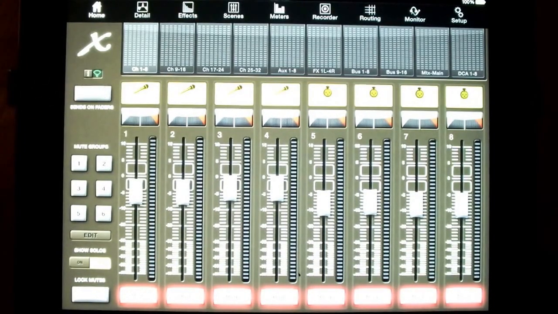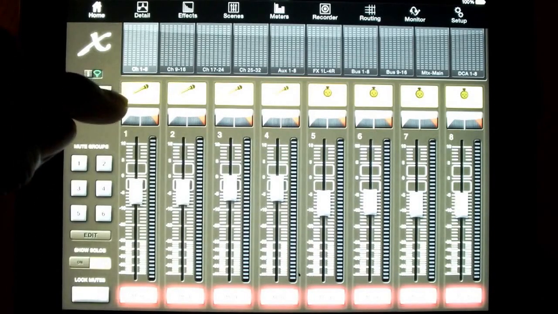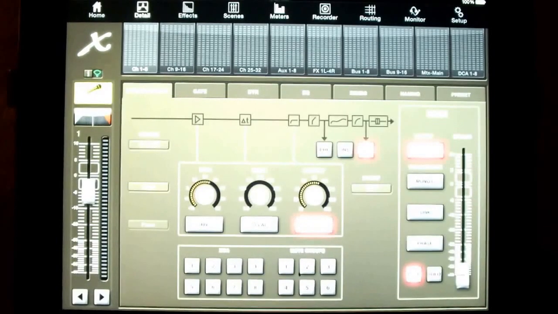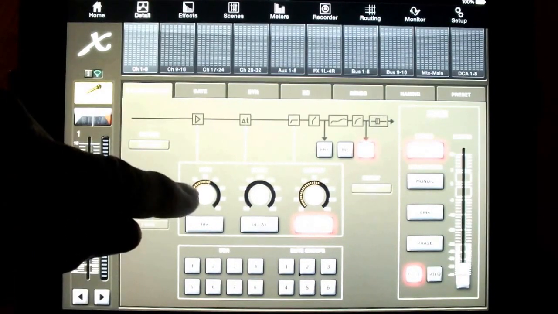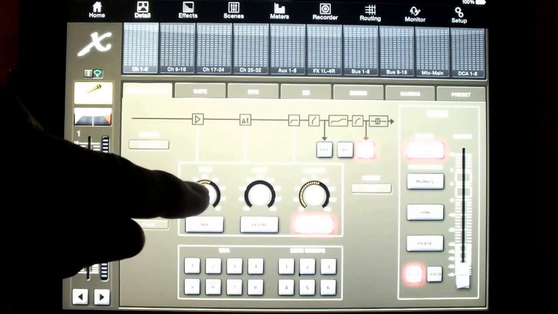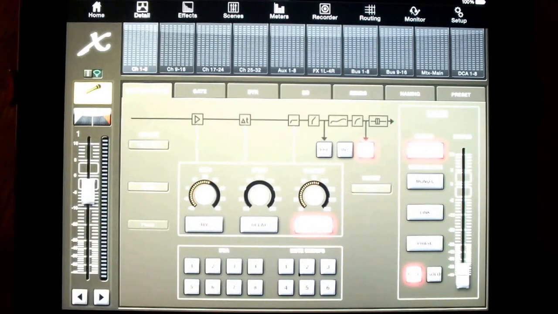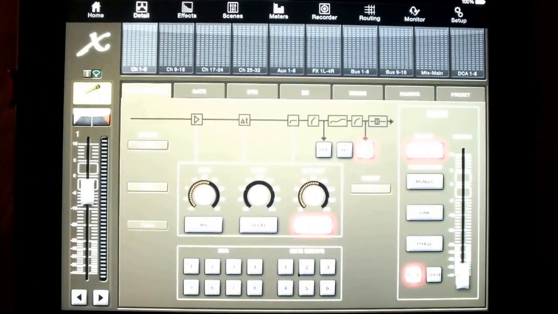Now to adjust the EQing or anything of each particular channel, you just click on the yellow part right there, and this shows up, and that's your preamp. Much like a regular mixing board, you have your gain control and some other parameters in here you really don't need to mess with. I've kind of preset some things for everyone, so you don't have to go through this